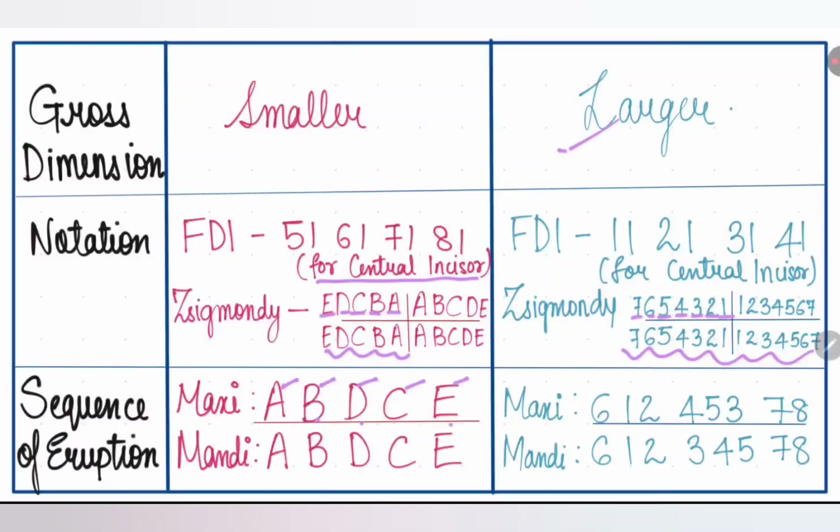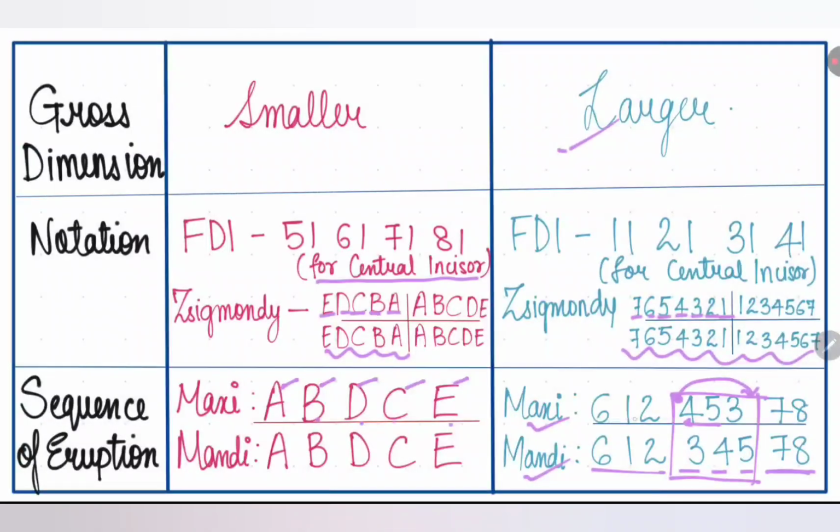Talking about the permanent dentition, it starts from 6. How do you remember this? It is very easy. Make it in 3 parts. 6, 1, 2 remains the same for maxilla and mandible. 7, 8 remains the same for maxilla and mandible. The only difference is in the 3 digits in between. In mandible, we have it in line. After 2, there is 3, 4, 5: 6, 1, 2, 3, 4, 5, 7, 8. Mandible is easier. In maxilla, the only thing that changes is the 3, which should be after 2, goes behind, and 4 and 5 shift forward.